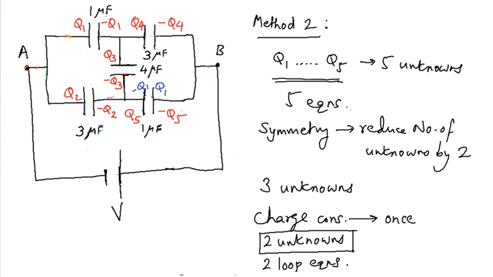And so the charge on this plate of this 3 microfarad capacitor, I'm writing it in blue because it's the final charge after battery reversal. That's going to be Q2, and of course the charge on the left plate is going to be minus Q2. We can similarly write the new charges appearing on the remaining plates of the remaining capacitors, that is on this plate and this plate and this plate, this plate, and the 2 plates of the vertical capacitor.